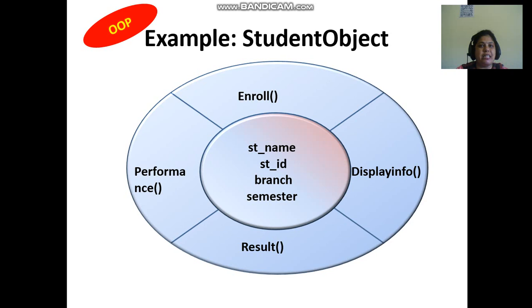So these 4 different functions can be combined together and be applicable to a single student who has their own name, ID, branch and semester. So each student can become an object with different functions and different data.